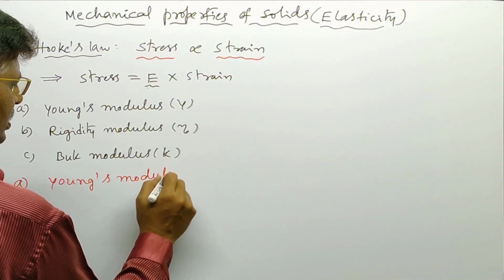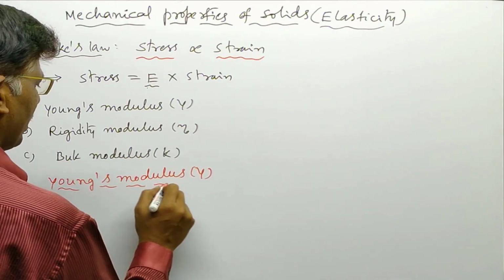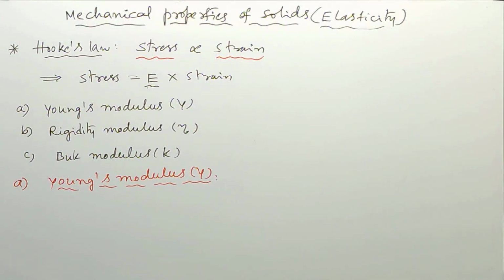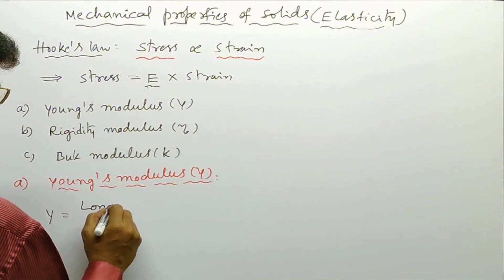Young's modulus comes into play when a wire elongates, or the length of a material changes. According to the definition, or according to Hooke's law, Young's modulus Y can be written as